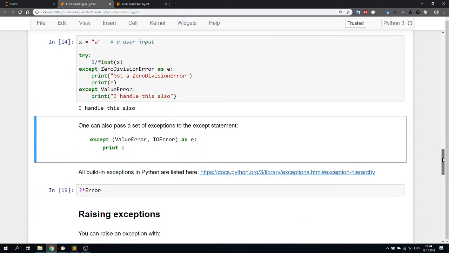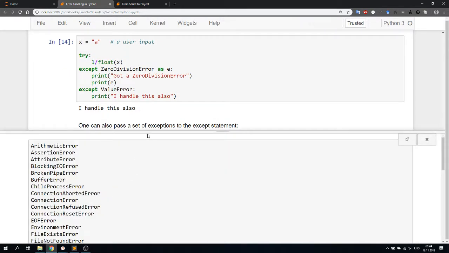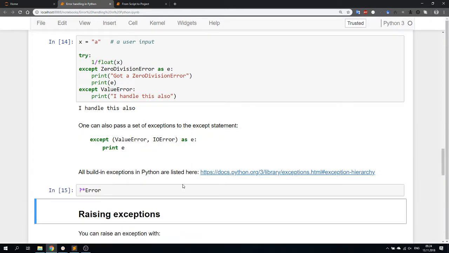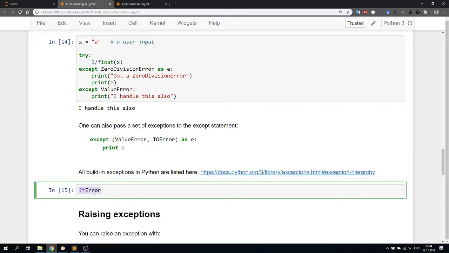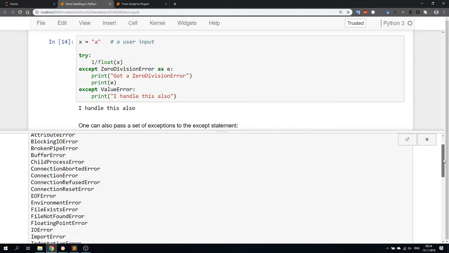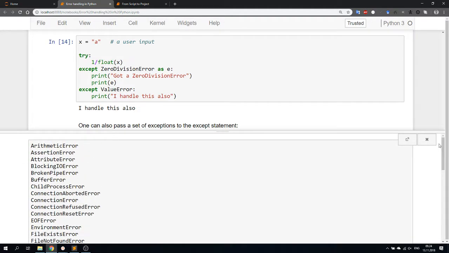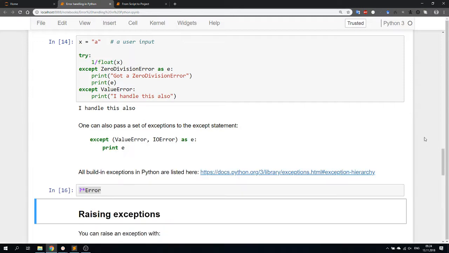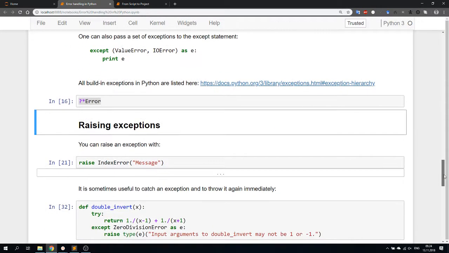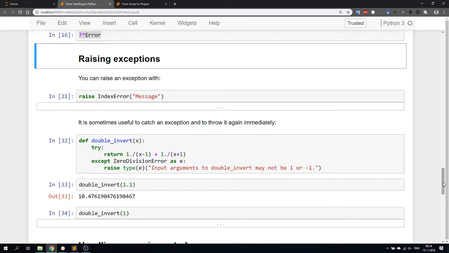If you're interested in all kinds of possible different errors that might occur, I use this IPython magic here to list all of them, and you can see there's a lot of different errors that might potentially happen. You can create your own. Yes, we come to that in a second. You can even create your own ones, but before I show you that,